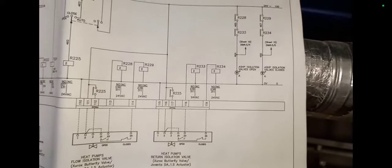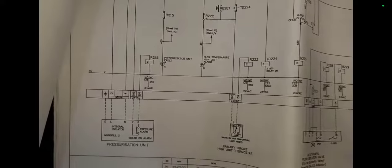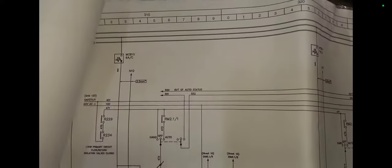So this is a bit about this, a bit there is about the heat pumps. This site has got heat pumps, it's got a solar panel. It's a very modern site. There's a pressurization unit there, and it's a safety circuit. Okay, here we have more